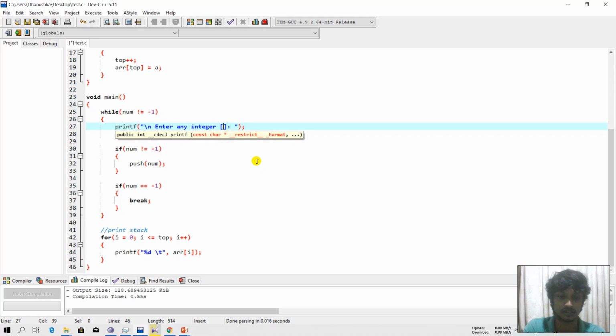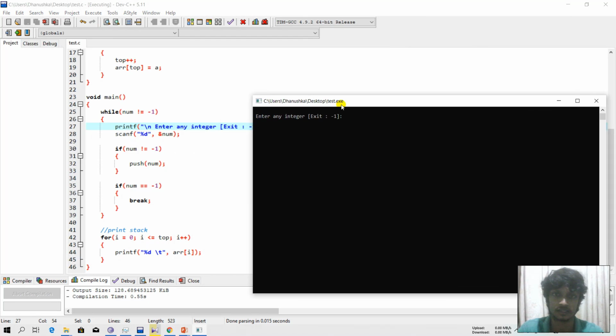Enter an integer. If we want to exit, we can type -1. So the user will have a better understanding of what he should do.